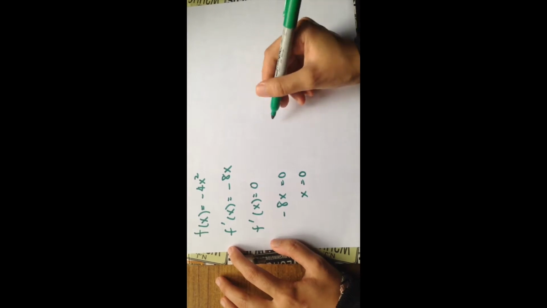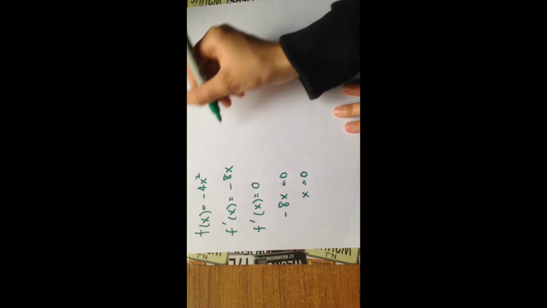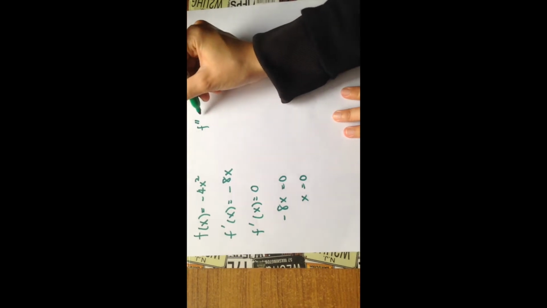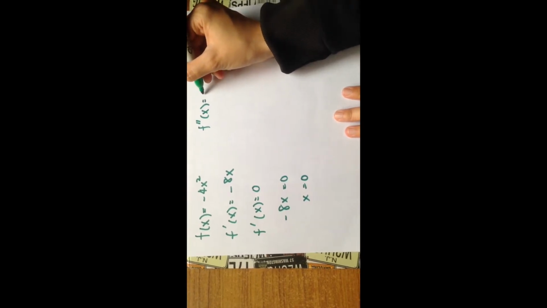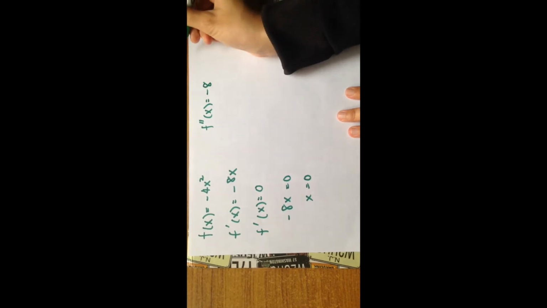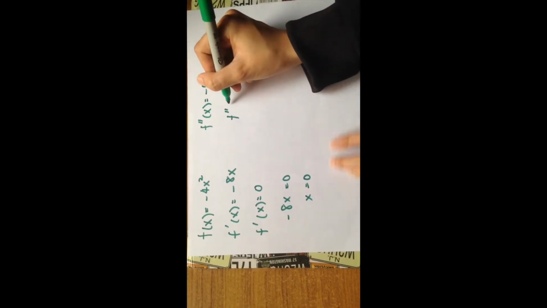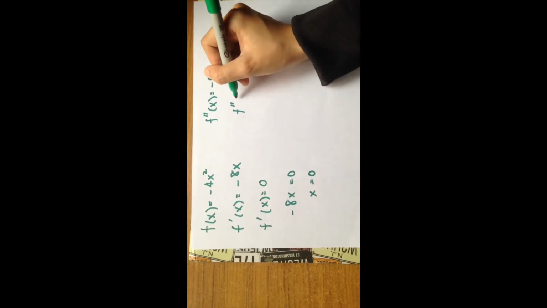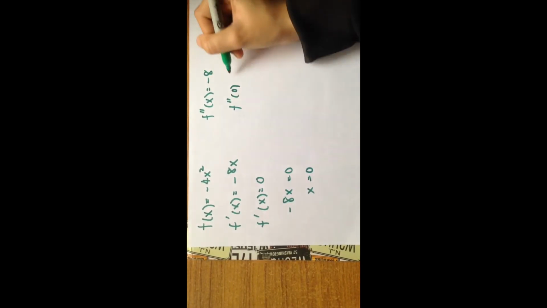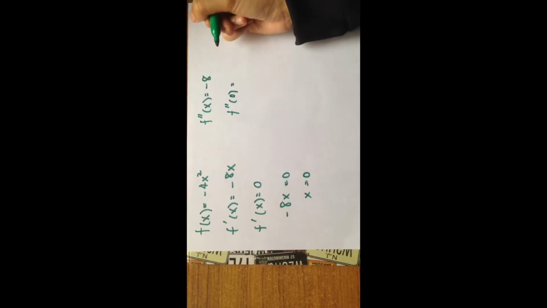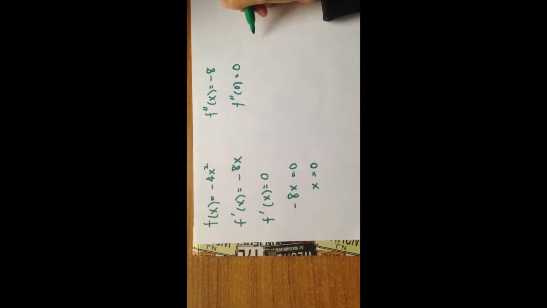Okay, so for checking it, we make f double prime of x negative 8, which means f prime of 0 is 0. Okay, the graph is